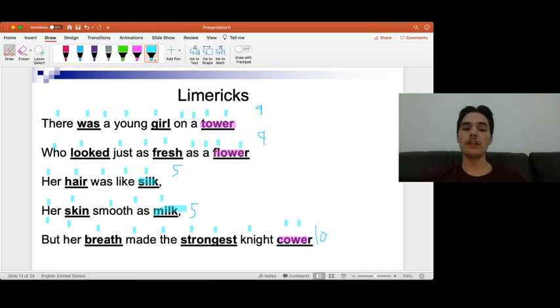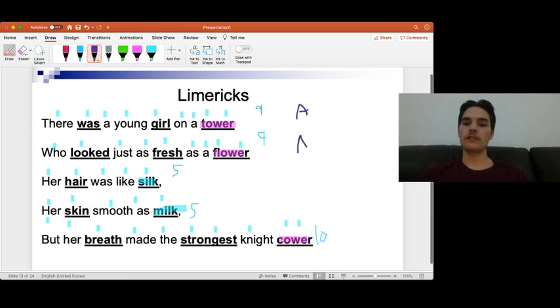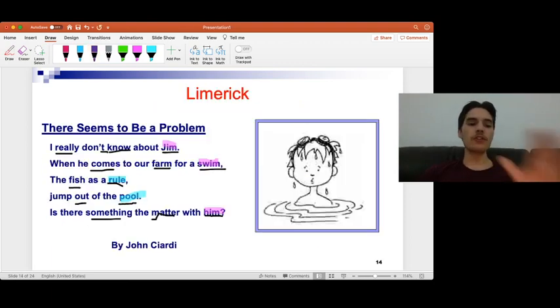And the last thing we got to look at is the pink and the blue highlighted words. We notice that we have an A, B, A rhyme scheme. So that is a limerick. This is the next one. You can do the same thing. I've underlined the points of emphasis, right? You can look at it so you can kind of understand it more, but we're going to move on.